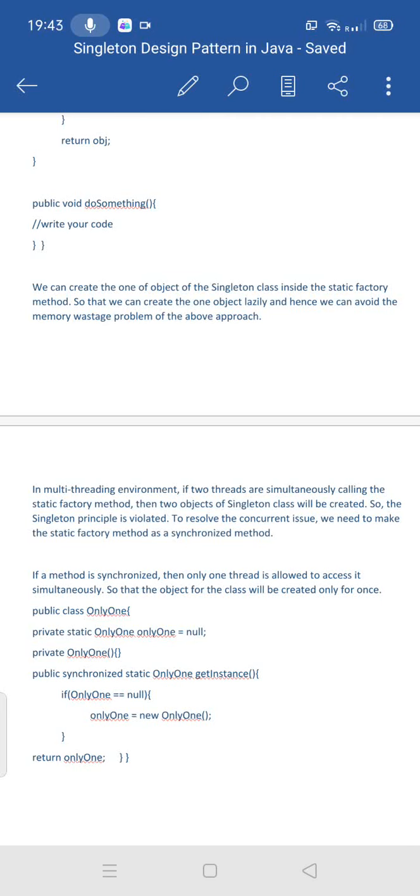And in a multi-threading environment, there is a possibility of creating multiple objects for a singleton class when multiple threads simultaneously call the static factory method. That also we can overcome using the synchronized keyword, making the static factory method a synchronized method. So we can make the singleton class have only one object at a time.